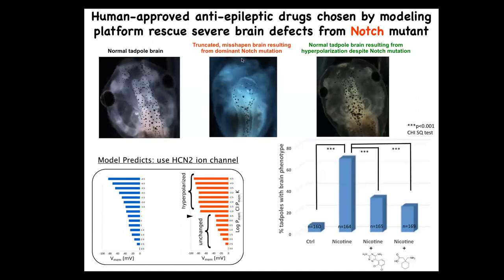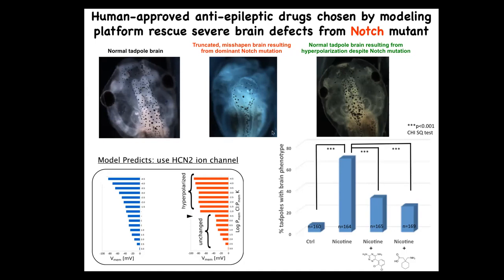This, for example, is the effect of a mutation in Notch. Notch is a very important neurogenesis gene. If you mutate Notch, forebrain is gone. Midbrain and hindbrain are just a bubble. These animals have no behavior. They're completely disabled. What we asked the model to do was to say, okay, the bioelectrical pattern in these mutants is incorrect, and we observed that with our dye technology. What channels would we need to open or close to get back to the correct pattern? Not fix the mutation, but get back to the correct pattern. The model gave a suggestion. There's this HCN2 ion channel, which has some specific properties that we can talk about.